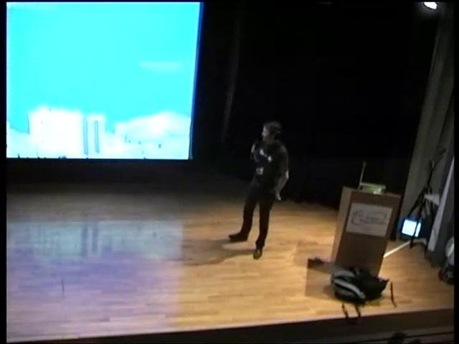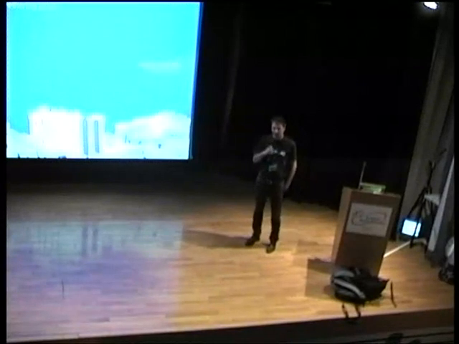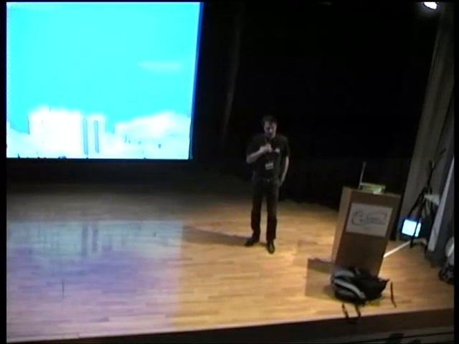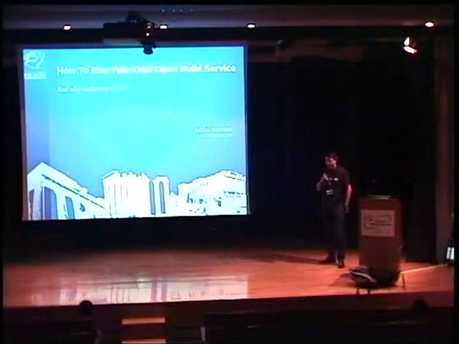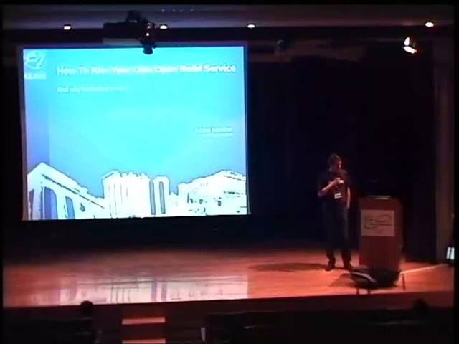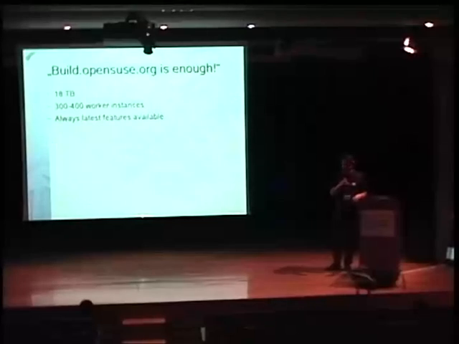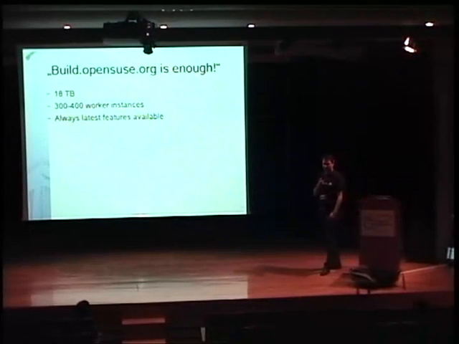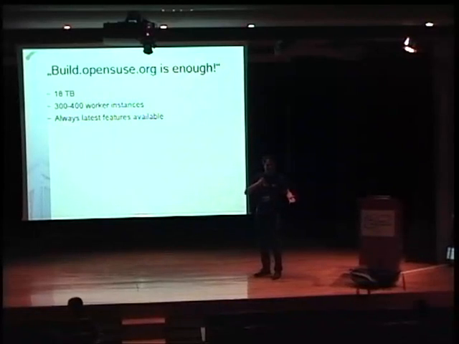I want to dig into a bit more complex stuff and with some examples what people out there are doing with the build service. Yeah, so many wonder why should they run their own build service at all. I mean, there is build.opensuse.org, everybody can go there, can upload sources, the build service will build it and everybody can download it. So what else would you need?